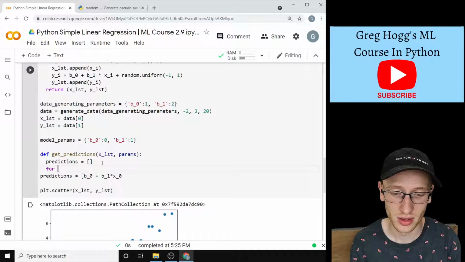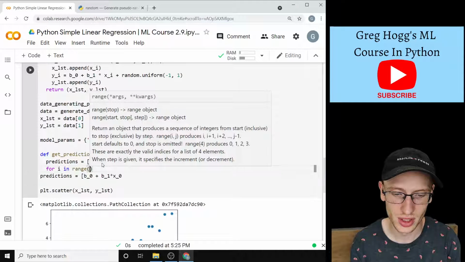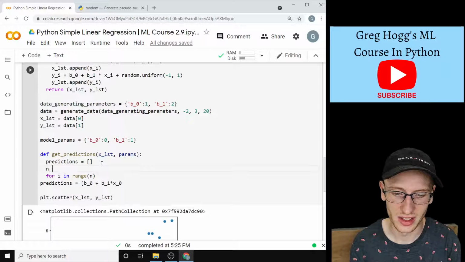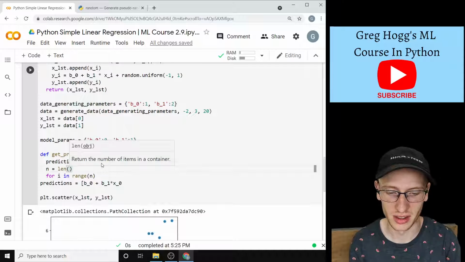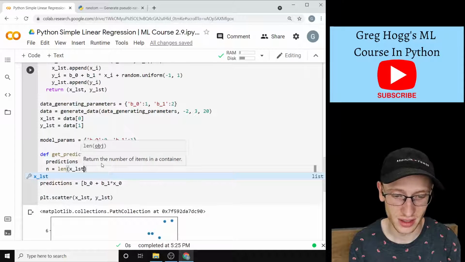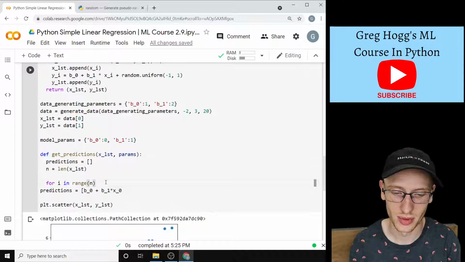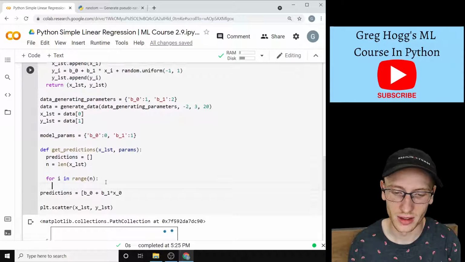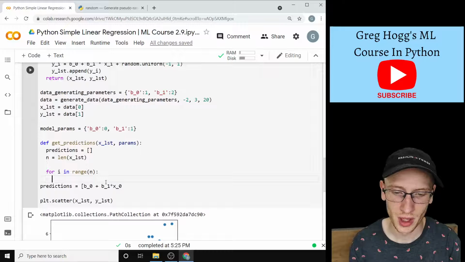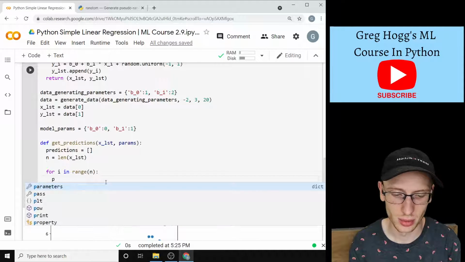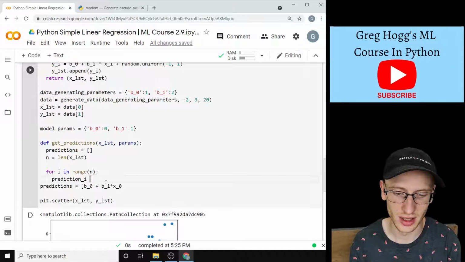We'll go through for i in range of n. And what is n? Well, n is just the length, and you write that in Python as len of x list. That's how many data points we have, so that's how many predictions we're going to have. For i in the range of n, we are going to do predictions, I'll do it as prediction i is equal to y hat